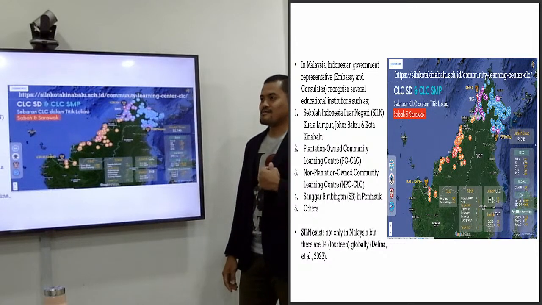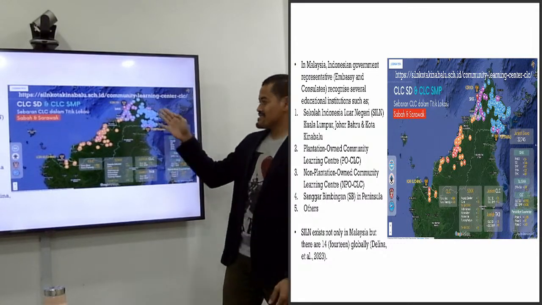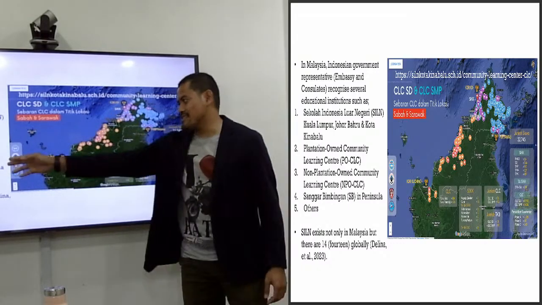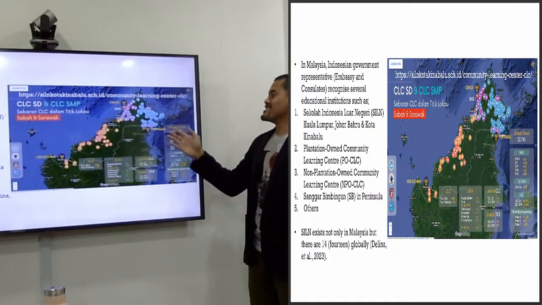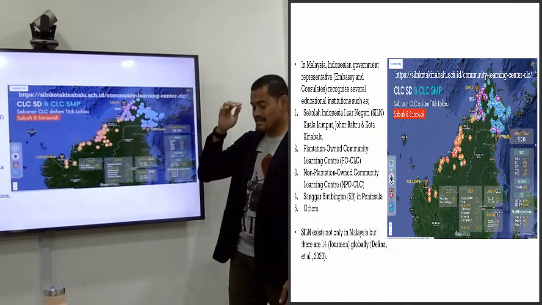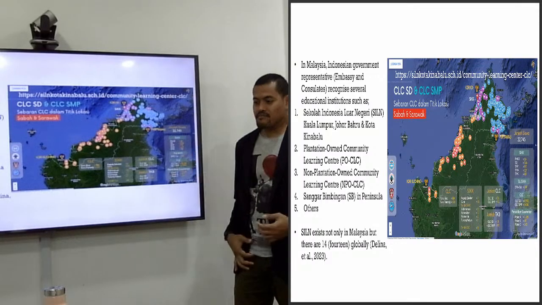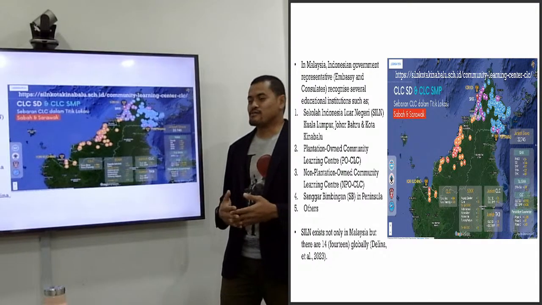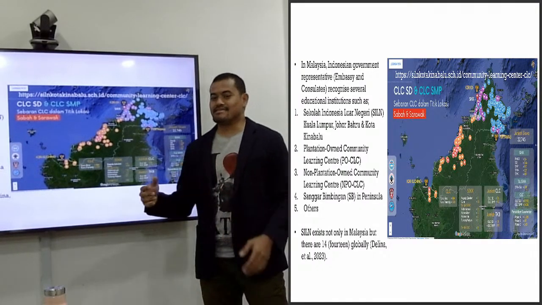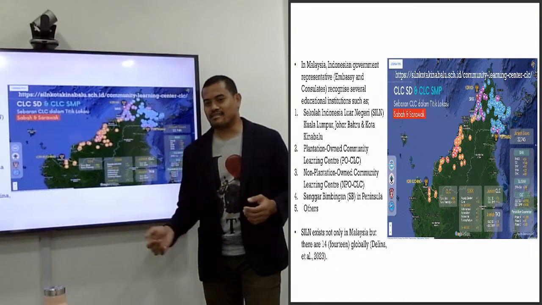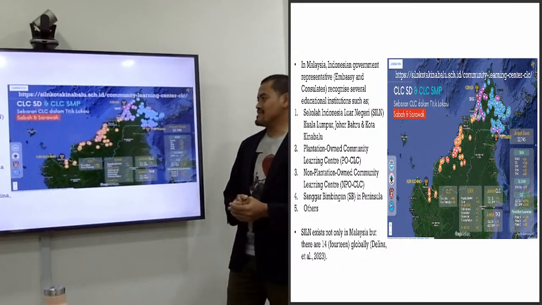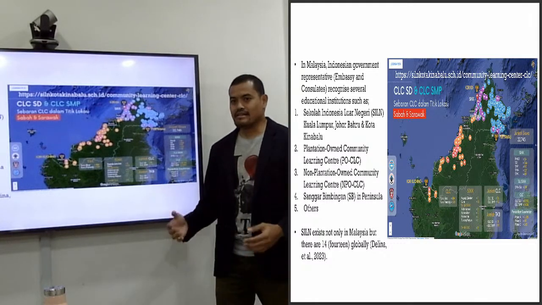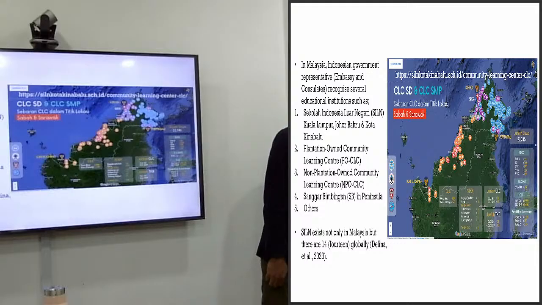Actually, because of this existence of the POCLCs and NPOCLCs, this is evidence that the Rantau communities' settlements are not only those who work in the plantation estate companies. They are not only settled or living in the plantation estate companies, but in fact, many more of them live